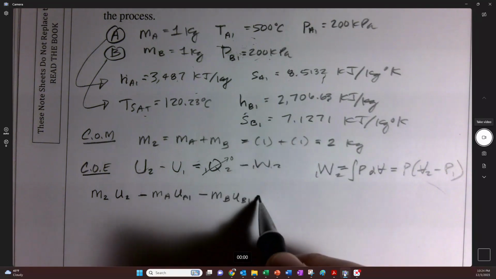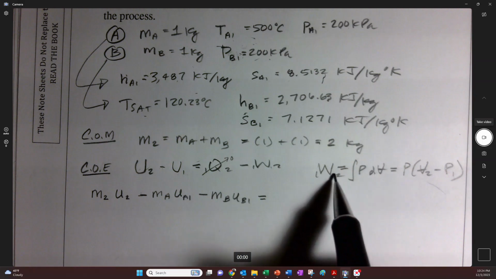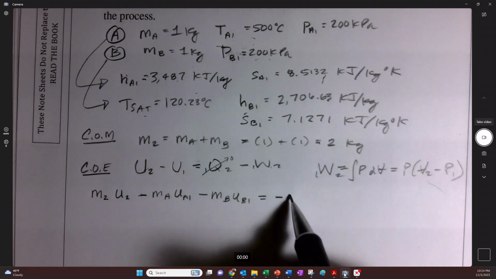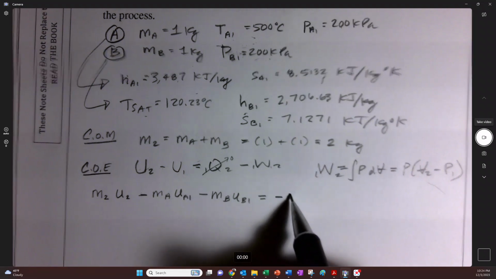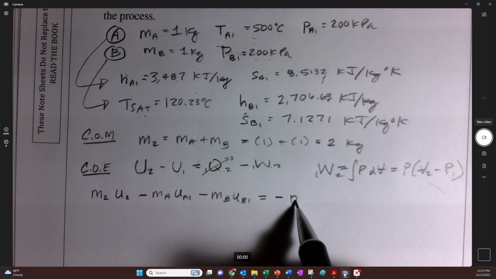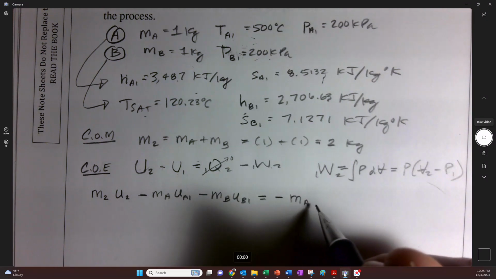It's going to be equal to, and then over here, negative, excuse this mess. Is that going to be true? Sure. MA, and then,